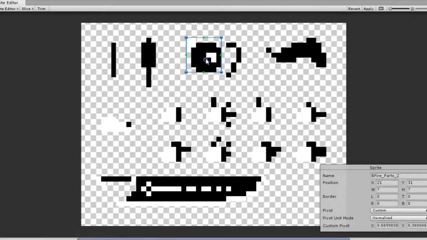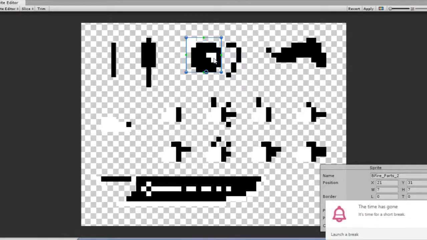you can drag this around, and what this little thing does is that it'll move the center axis of the sprite. Like if you place it right over here, the sprite will move based on this area. Like it'll rotate from this area. I'll show you guys later in the video, but for now,